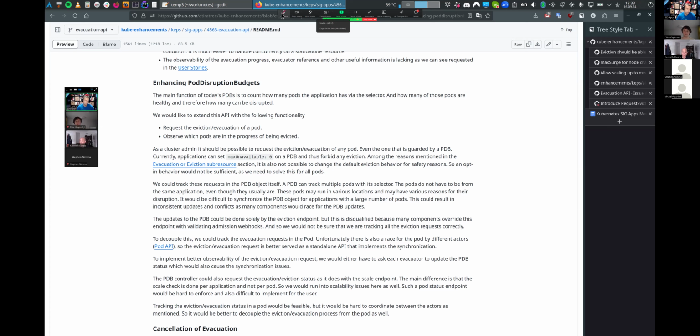Because based on what I'm looking at, our current PDB does not have any required fields. All the fields that we have are optional, so we can easily add another field, which would be external endpoint or whatever the name would be of that field. And it would be either of those.